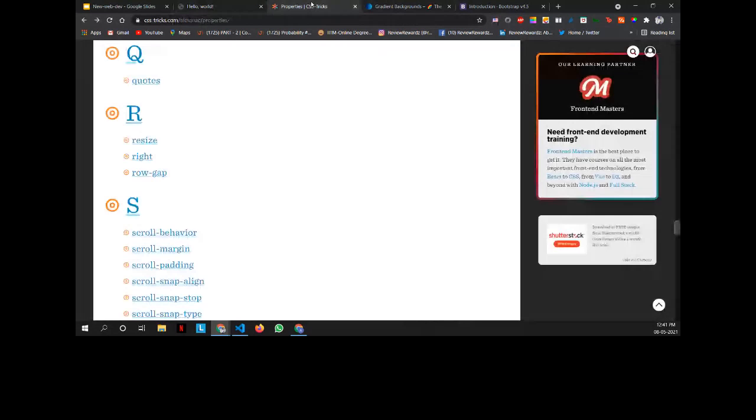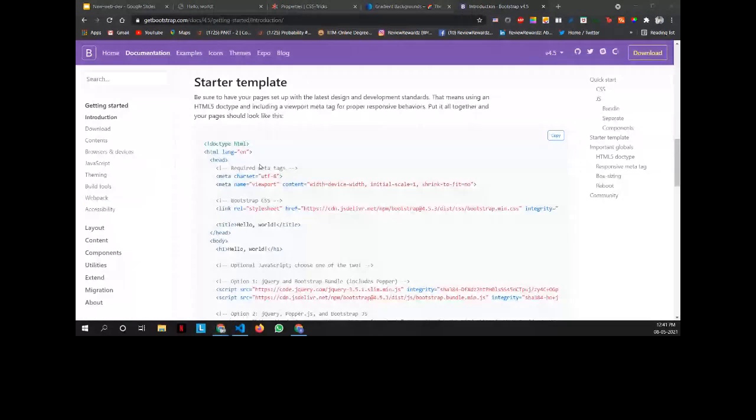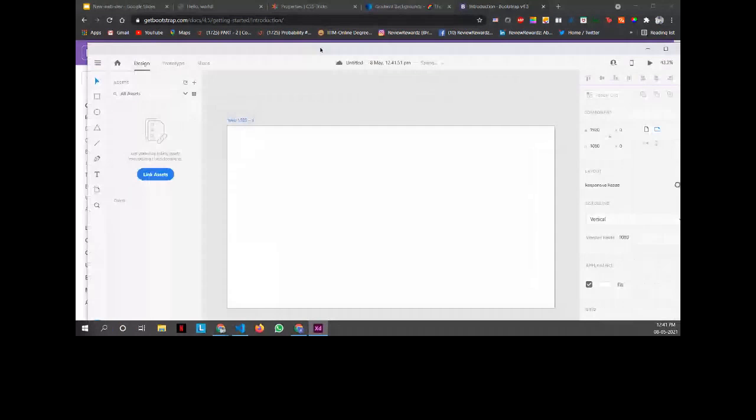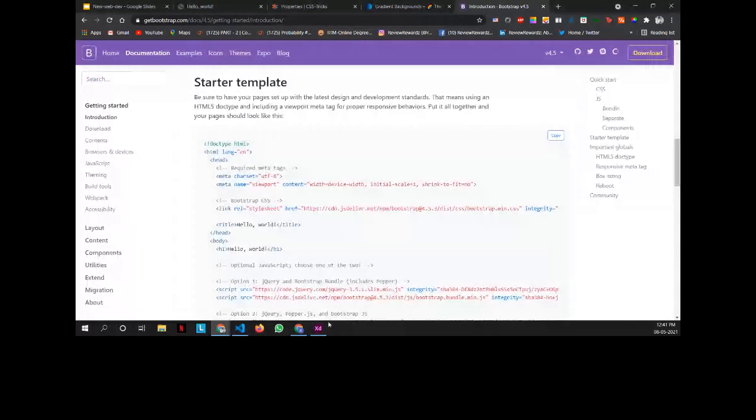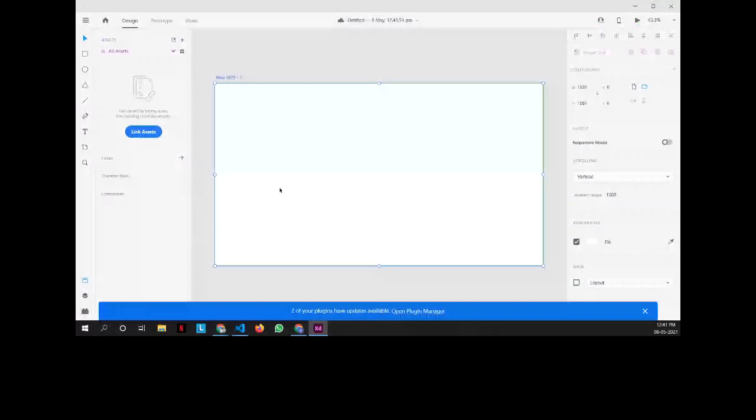Firstly, I want to give you a small explanation of what exactly rows and columns are. For that, I'll give you a small demo on Adobe. Let's assume that this is your web development screen, the area given to you for web development.